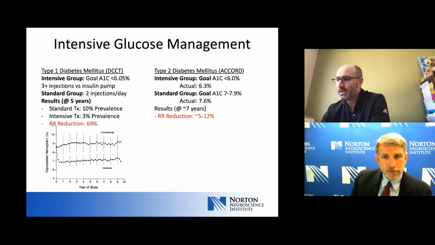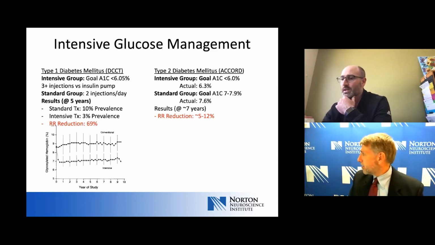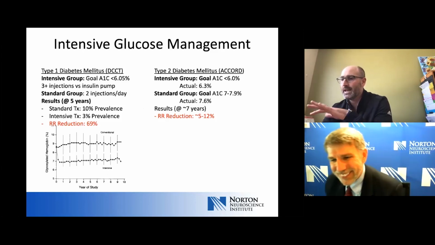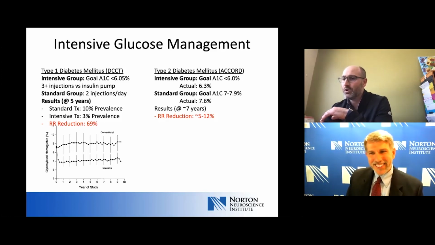So I've included a little graph here that shows how effective they were at achieving this goal, just so you can kind of see the differences between the groups. You can see an average A1C over the duration of the study. In the intensive control group, that A1C was generally right around 7, and in the conventional group, around 9. So the relative risk reduction of this intervention turned out to be pretty significant. About 10% of subjects in that standard group developed polyneuropathy at 5 years, but only about 3% in that intensive